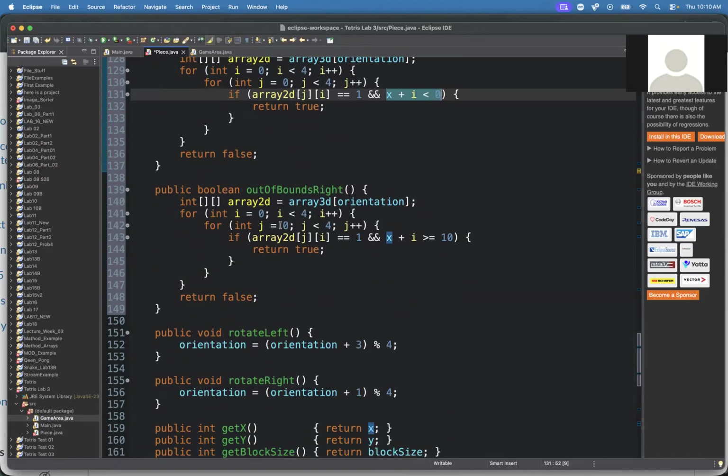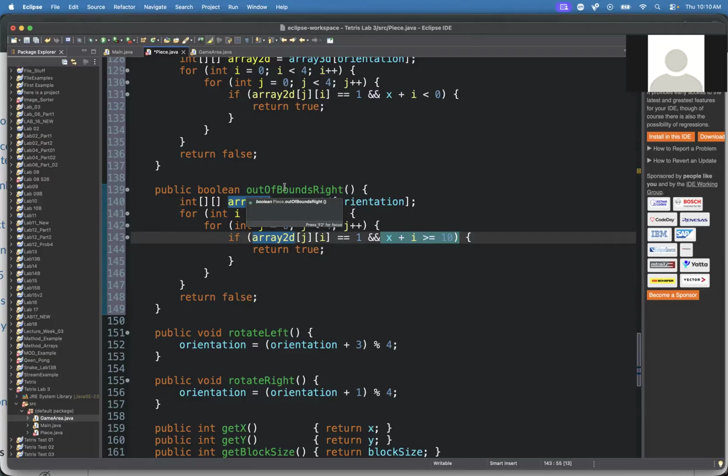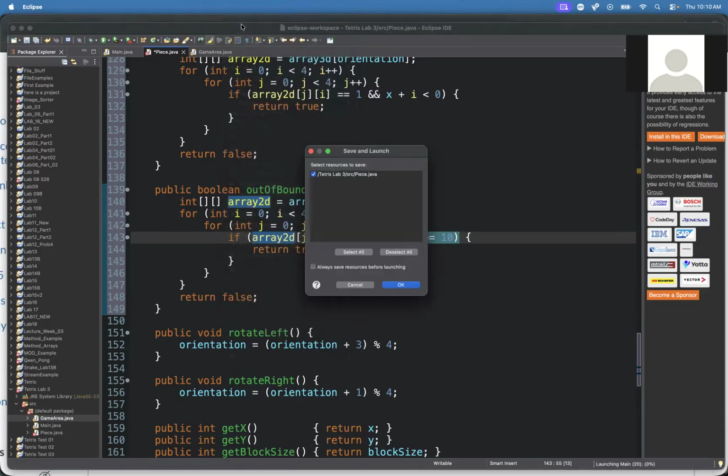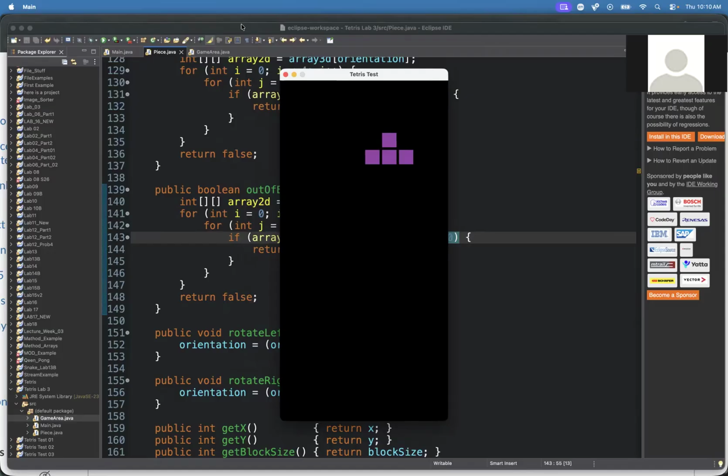And the same thing here. So if the piece has a 1 in that location, and if this is greater than 10, which it is because we have 10 columns, then that means you're out of bounds on the right side. So we're just figuring out whether the piece is too far left or too far right. And just adding these in will make it so that now if I go to the edge here and I